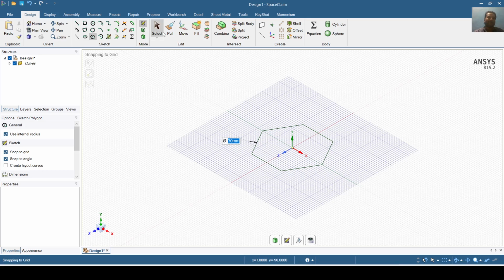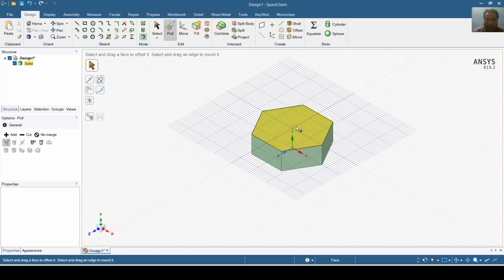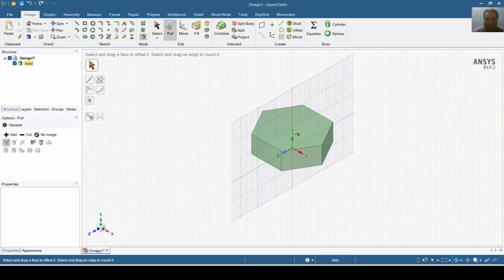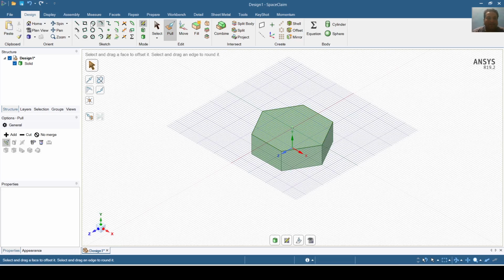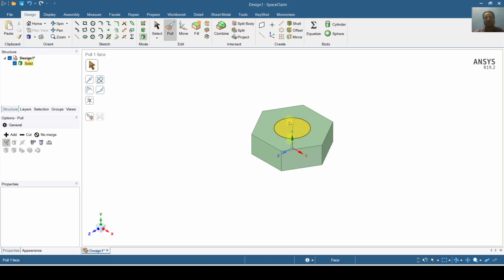I will give it a pull of 10 mm, and now I will go to sketch mode. I will click the center of this surface, and I will create a circle of diameter 15 mm, and I will create a pull of say 40 mm, and now